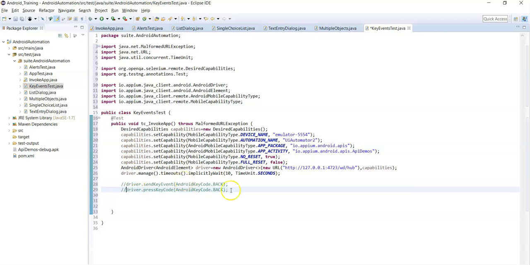So in the latest version they have provided one more method in which we need to pass a key event object having the Android key code.